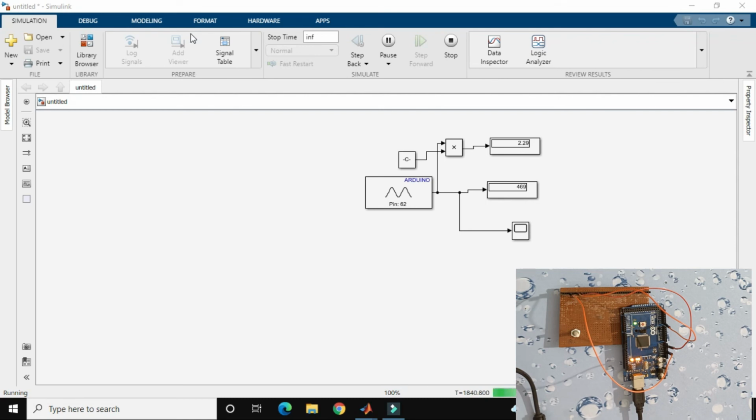We will discuss how to generate different analog and digital signals using MATLAB. This is all about the basics of Arduino and MATLAB interfacing, because we generated analog and digital signals, acquired analog and digital signals, acquired PWM signals, and also interfaced different sensors using MATLAB and Arduino.